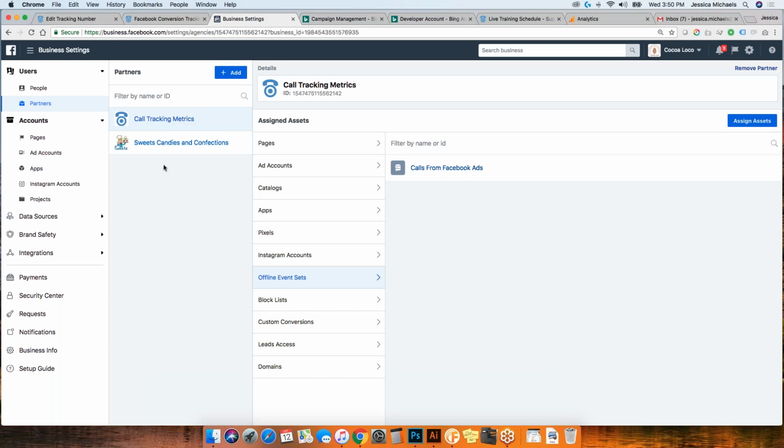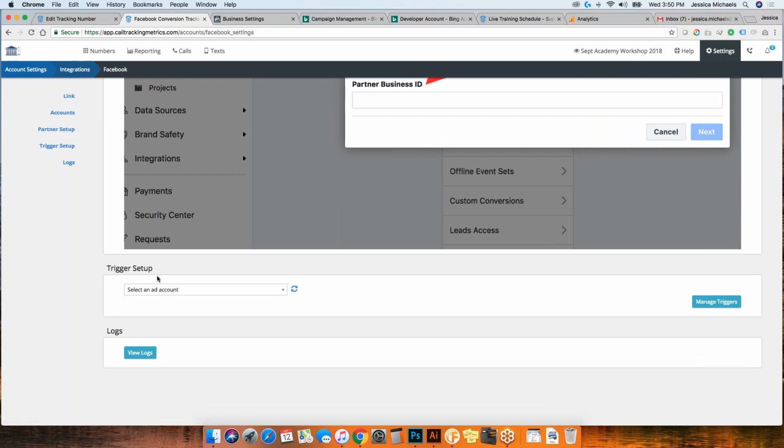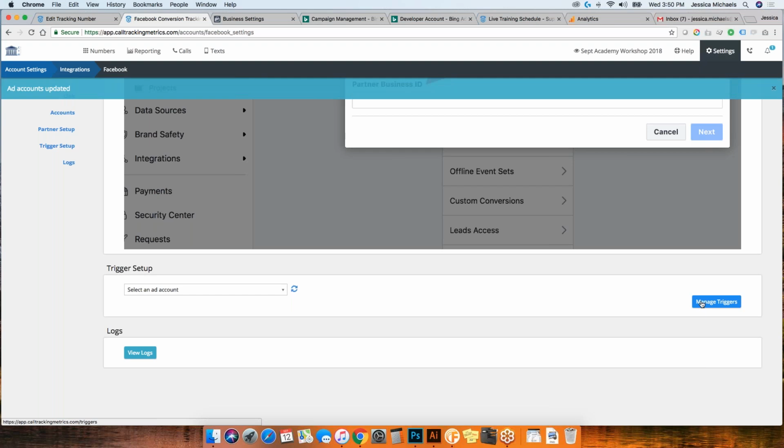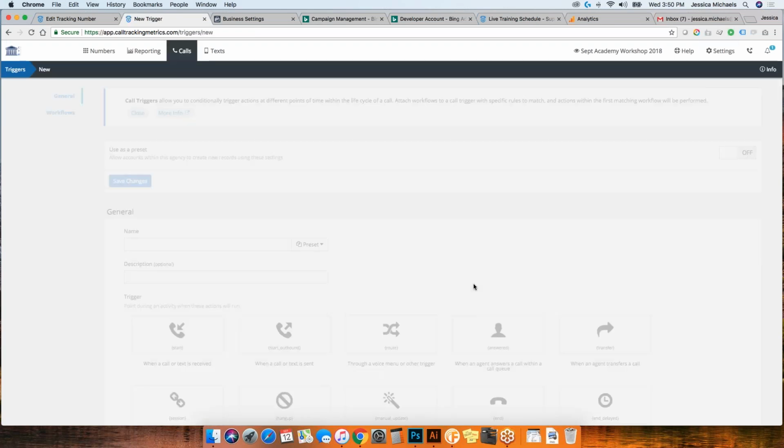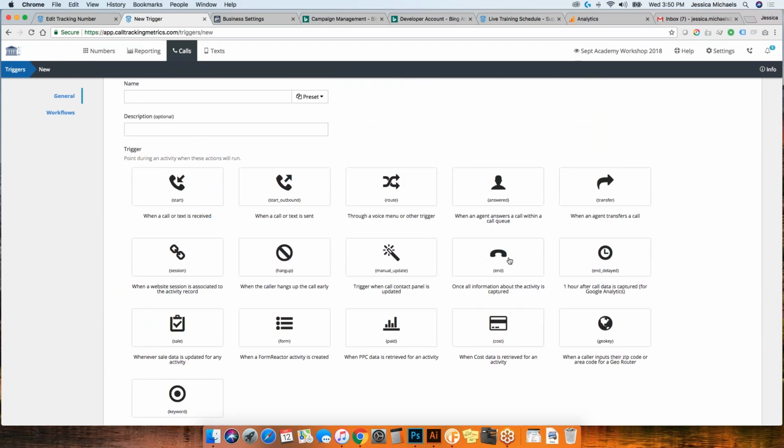So now the next thing we need to do is to set up the trigger to send calls into Facebook. So I can come from here and say, or I believe manage triggers. It should create one for me, I thought.